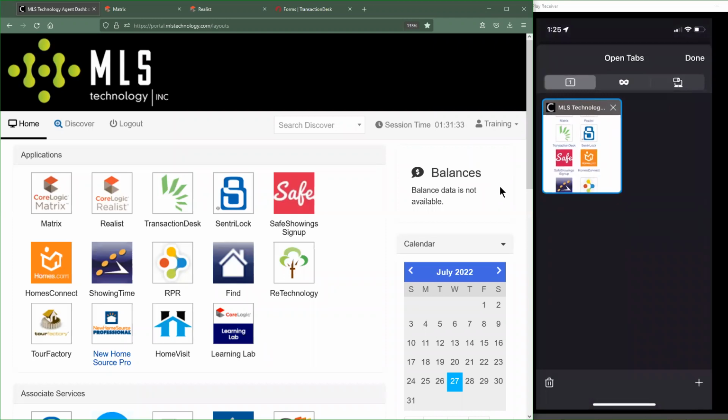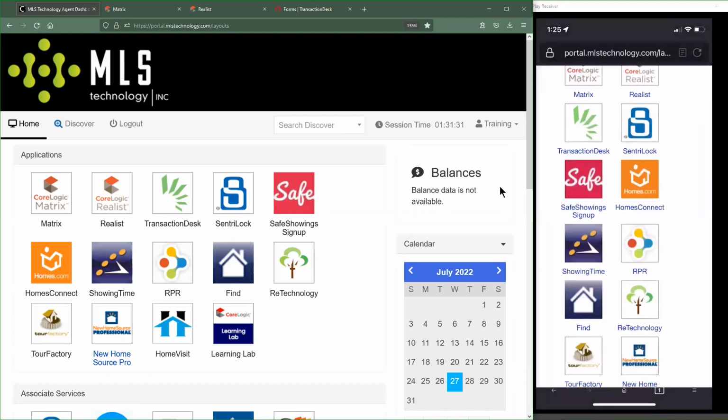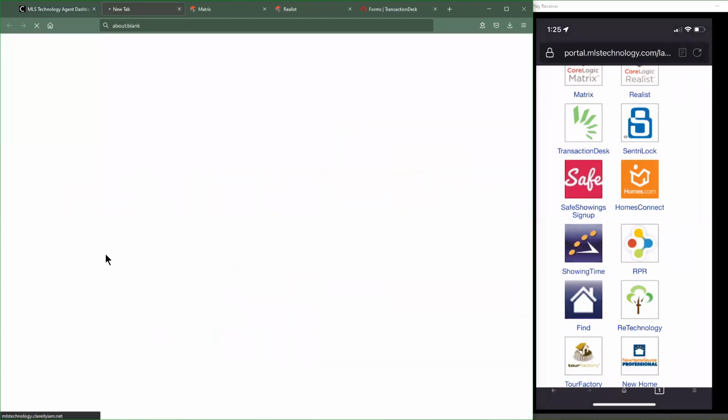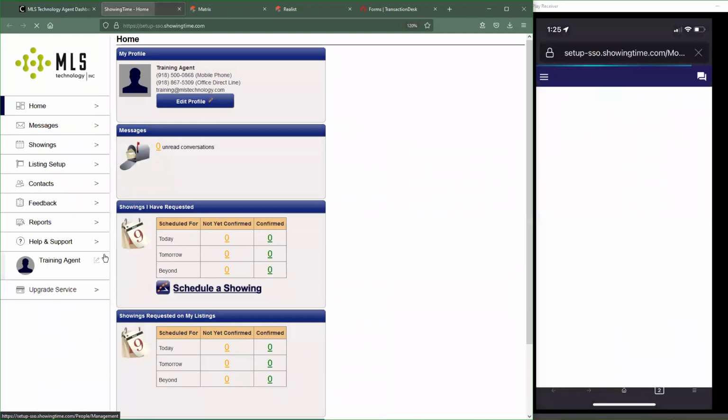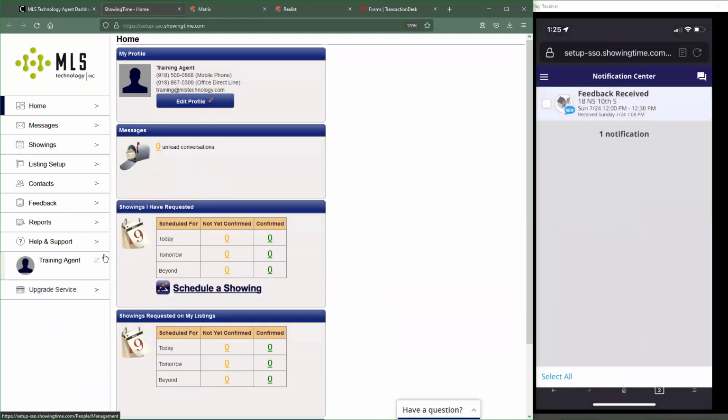Now there's another app website that you guys can use through the mobile, which is ShowingTime. Now, this one is especially redundant. If you guys do have the need to even see any of your ShowingTime stuff while you're on the road, for sure try the app instead. It's way better than doing it on the browser.